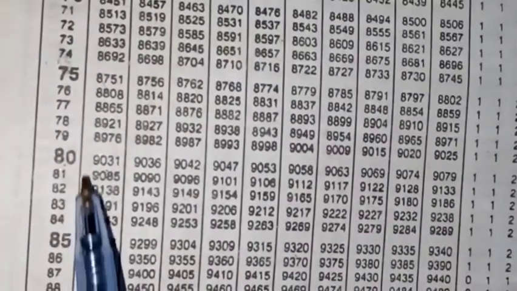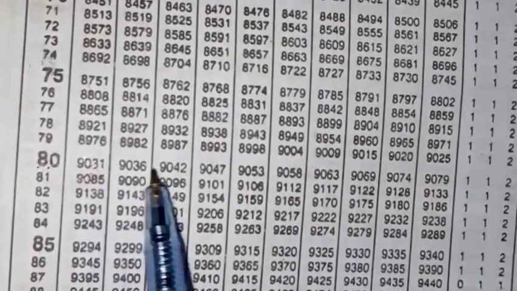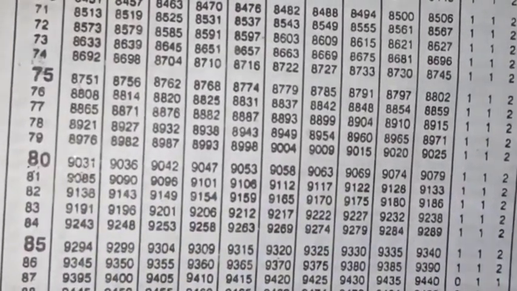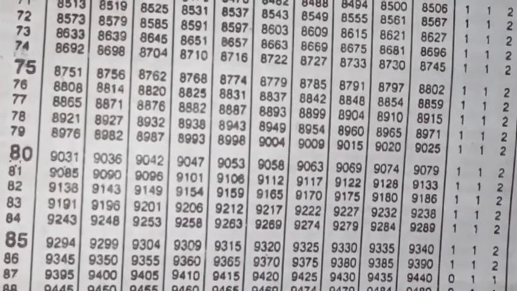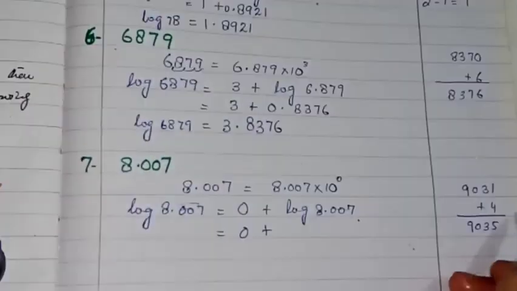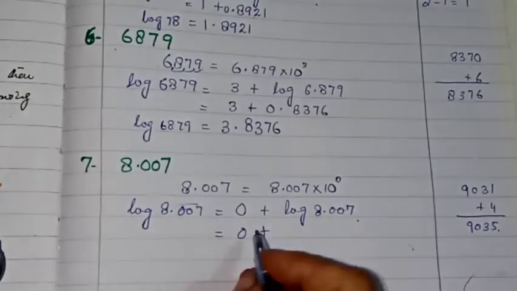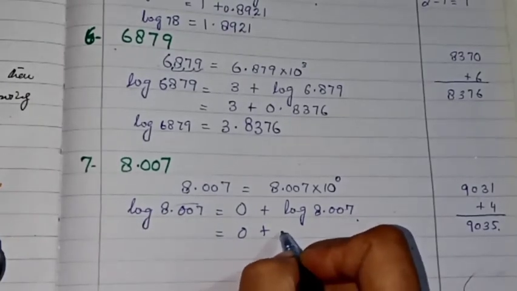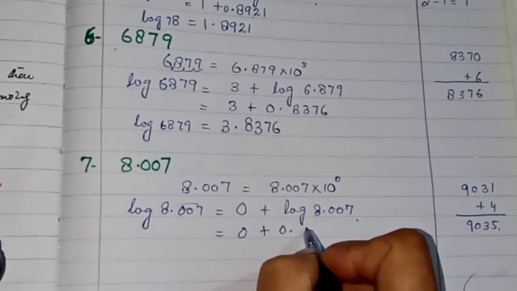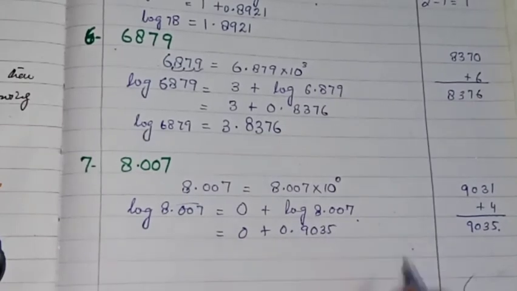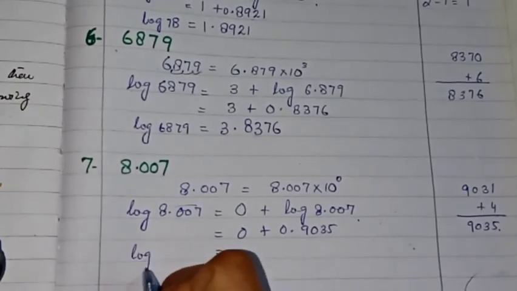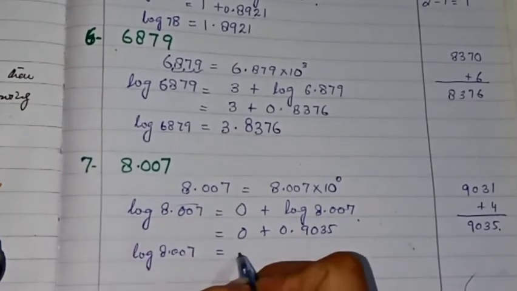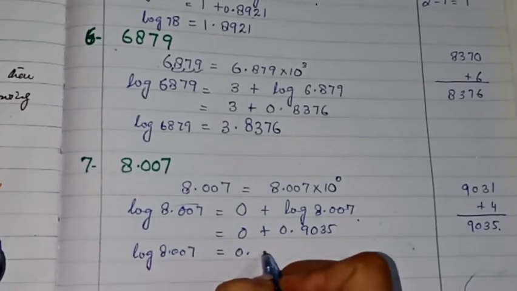Then we have to go for 80, 0. Then we have to go for the column 7, that gives us 4. After adding this 4, we get 9035. So log should be written like 0.9035. It should be written like this, and the answer will be log of 8.007 is equal to